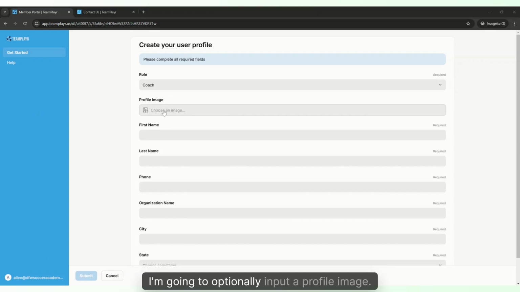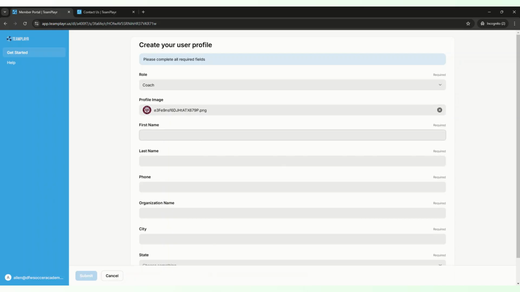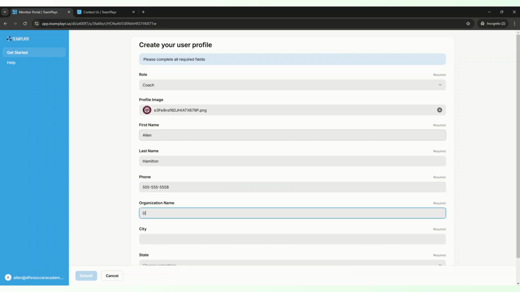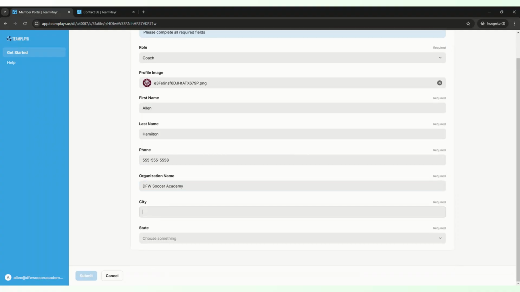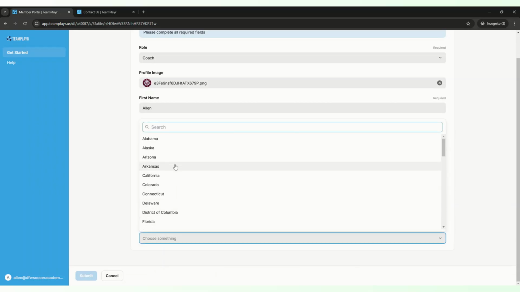I'm going to optionally input a profile image. I'm just going to do it. When I click the box there, it simply opens up the file explorer on my desktop, and I can input a photo. There we go. From there, I can enter my name, my phone number, my organization name, and the city and state I'm located in. Let's just say Dallas,